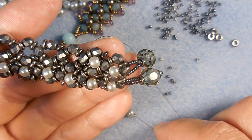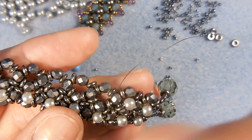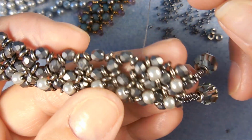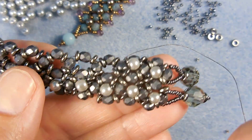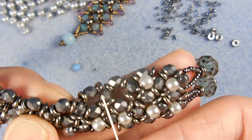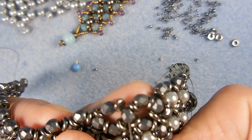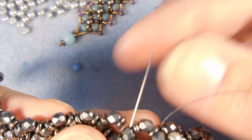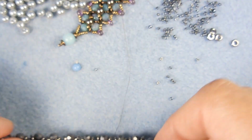So here's a 15-0, a pearl, and a 15-0 coming out of that top. Let's see if I get my shadows out of the way. 4mm, just come up the other side of the box, right here. So you're going to be tightening things up by doing this too. Okay, so there you've got. Let me move some of this stuff out of the way, and I want to show you